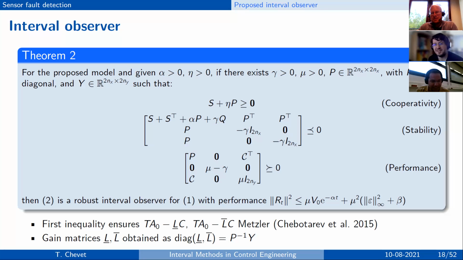That's a good question, because here, actually, yes, I only consider the condition given in this paper, which is to check that this matrix is Metzler. It's just adding a diagonal matrix so that the entire matrix is positive. But yes, I think you would need to do a change of coordinates in order to modify the matrix